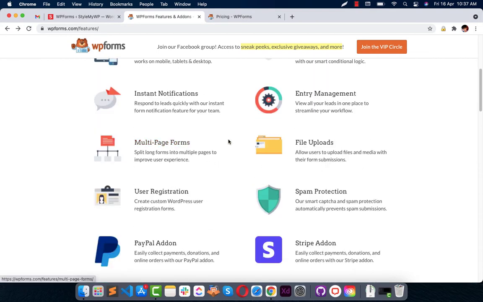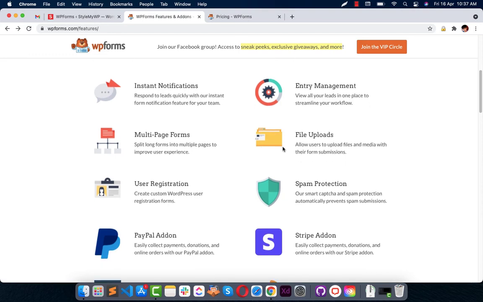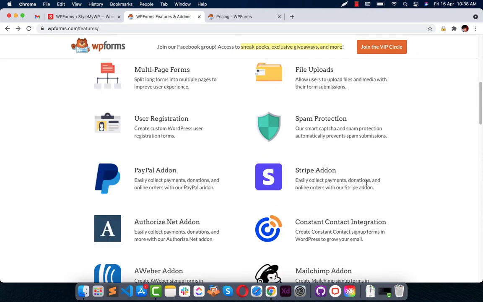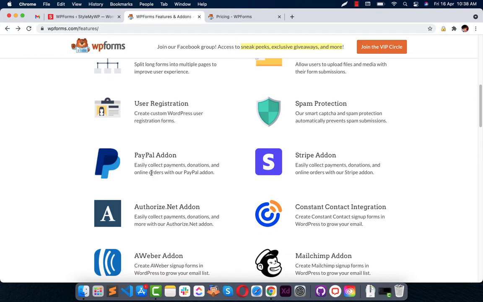There are multi-page forms, so it splits your forms into multiple pages, and there are file uploads, and user registration forms are also there. Spam protection, there's CAPTCHA to reduce the spam, and it prevents spam submissions.